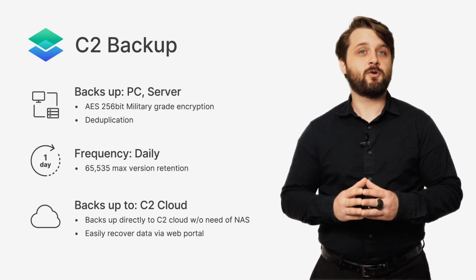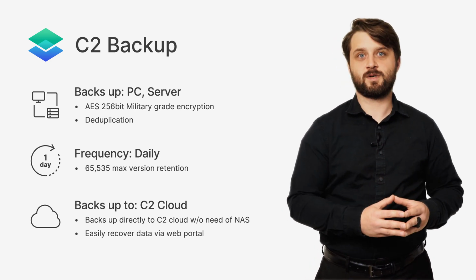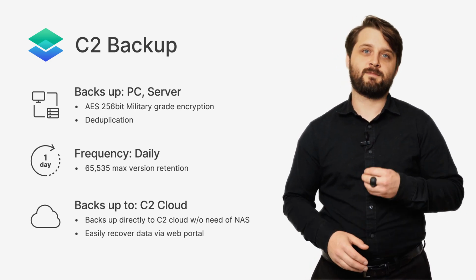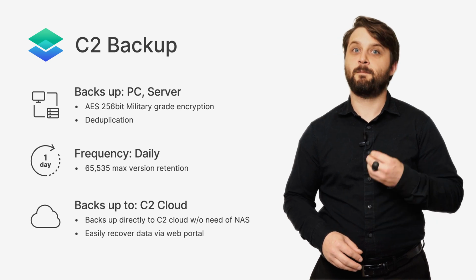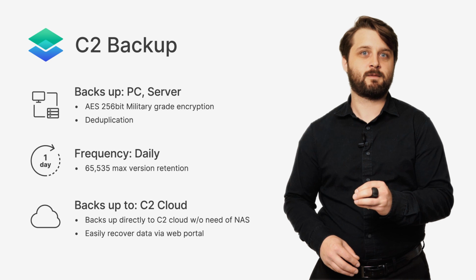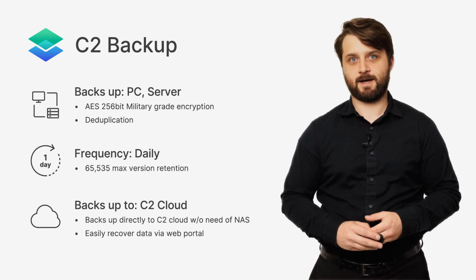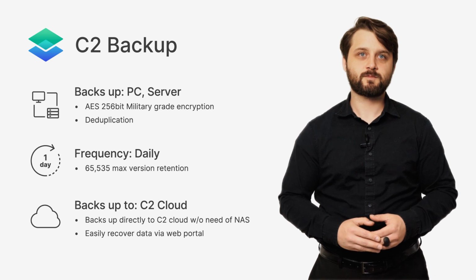And you could have your on-the-go users use C2 Backup, while your on-prem users use Active Backup for Business, for example. Just like with Active Backup for Business, C2 Backup also is a bare metal image that can be fully restored back to the actual hardware it was backed up from. And you can also do a web portal recovery method similar to Active Backup for Business's recovery portal as well.